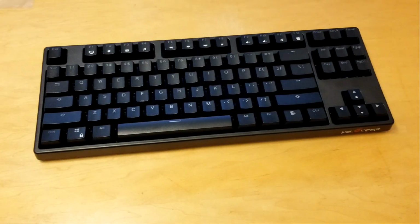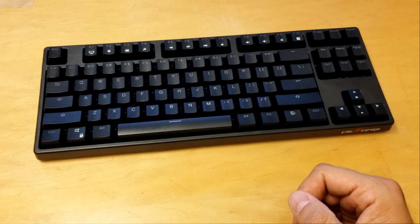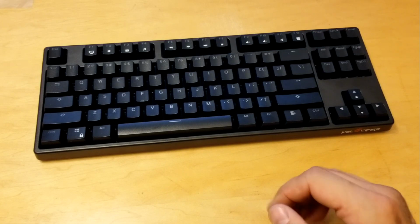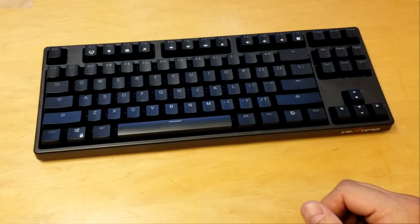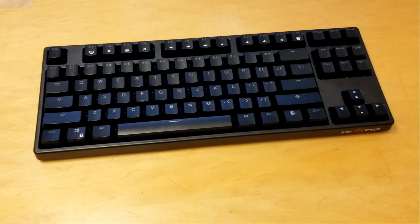The keyboard is backlit, and to save the battery, the backlight is supposed to go out after one minute. In reality, it goes out after one minute twenty-five, I timed it, and it's supposed to go to sleep after three minutes, but I left it